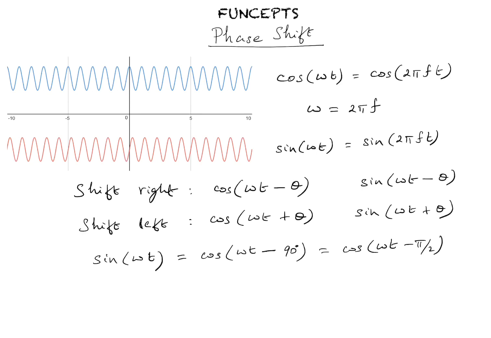So to illustrate this, let's look at some videographic illustration. So the green waveform at the top here is the cosine waveform, so that's cosine omega t, and at the bottom we have the sine waveform, which is sine omega t. So the first shift that we saw here, we're going to shift the cosine waveform to the right in steps of 45 degrees. So we have a 45 degree shift already here, and then now we have a 90-degree shift, which has made the cosine waveform, the green waveform, the same as